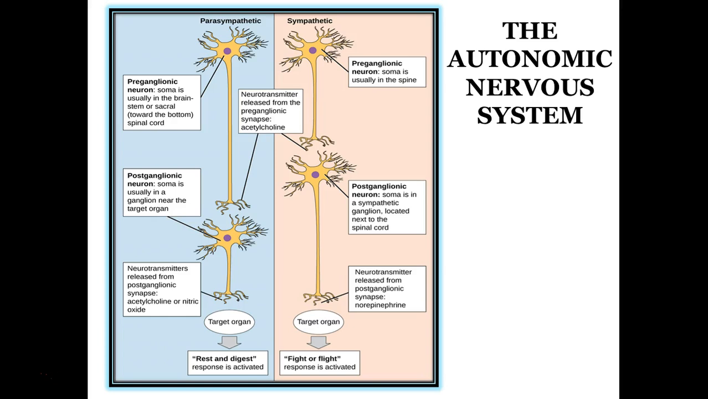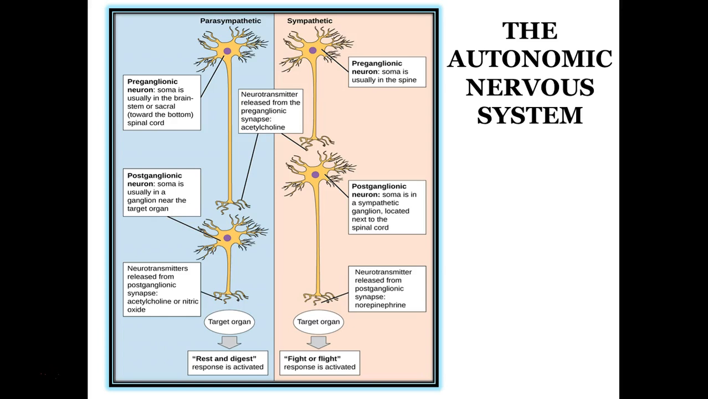Preganglionic neuron is the neuron in which the soma is the cell body. I've already told you, the soma is usually in the brainstem or sacral region toward the bottom of the spinal cord. The neurotransmitter released from the preganglionic synapse, in this case, is acetylcholine. Then